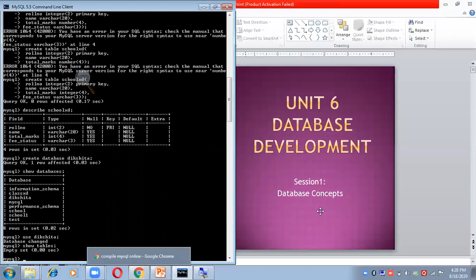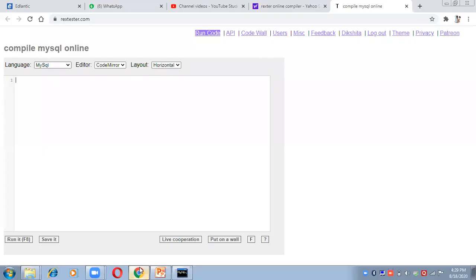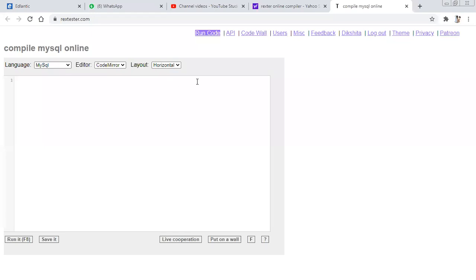Now come to the online compiler. I'll off the magnifier now, and okay, here we have to check how many databases are already there. So I'll write the command show databases, semicolon and run it. Here you have to run it with the help of this button, run it, or you can also press F8. Now these are the two databases which are already there